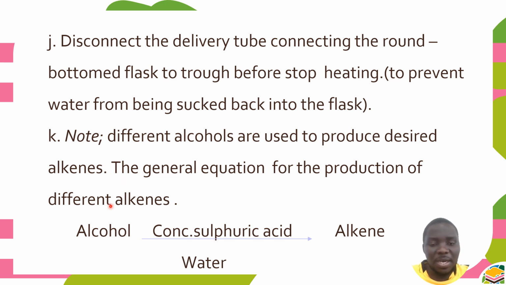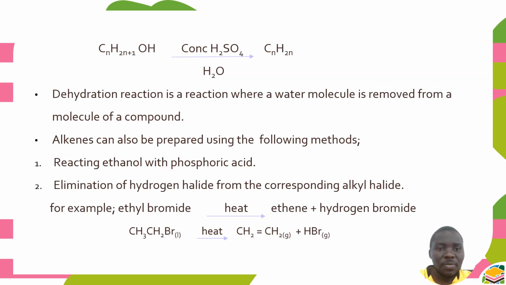So the general equation can be summarized as follows. We have alcohol here, sulfuric acid, and water is going to be released in the process, and we are going to form an alkene. So this is the general equation. We can use the chemical equation where this one is an alkanol of interest, to produce an alkene of your own interest. But during dehydration, we can use concentrated sulfuric acid as our catalyst or main dehydrating agent,